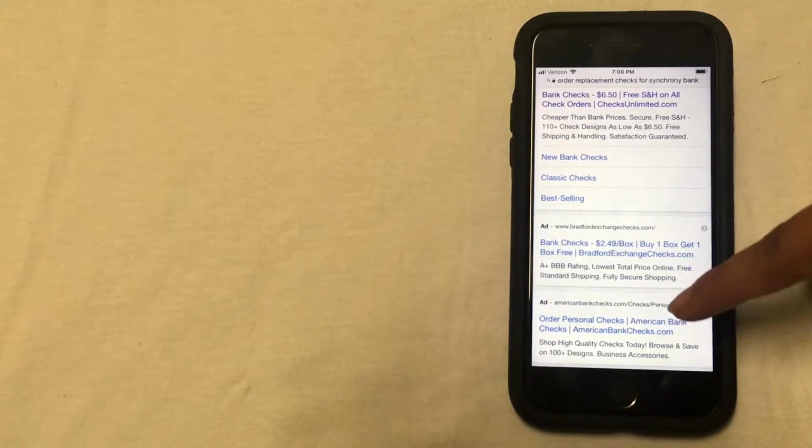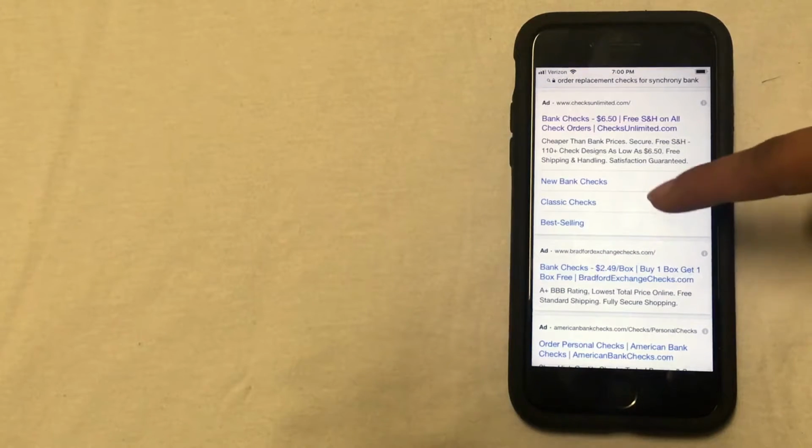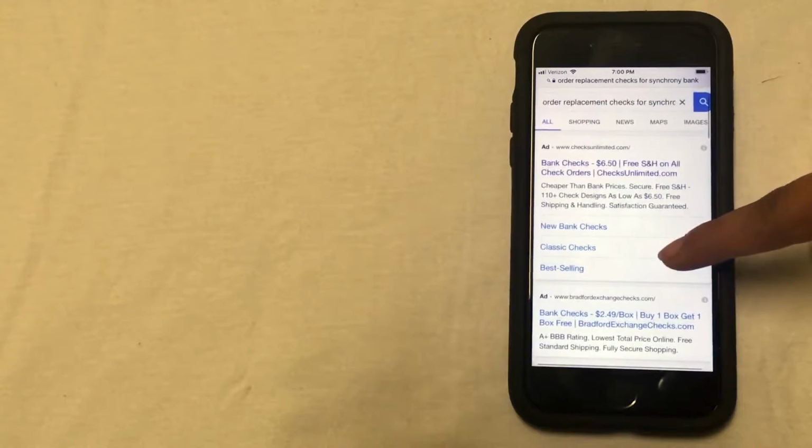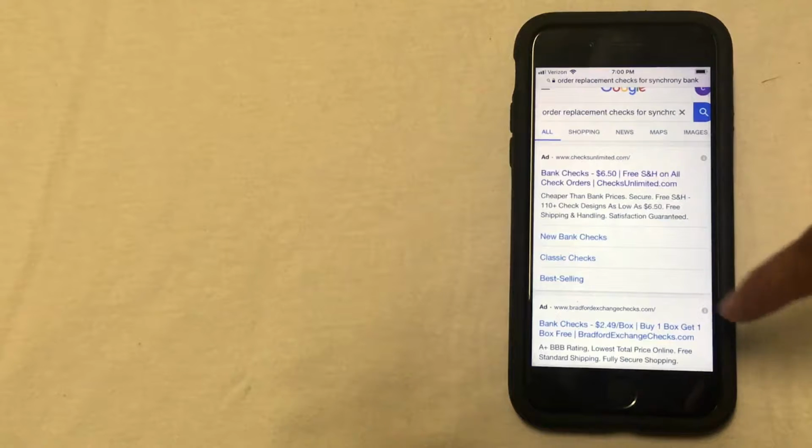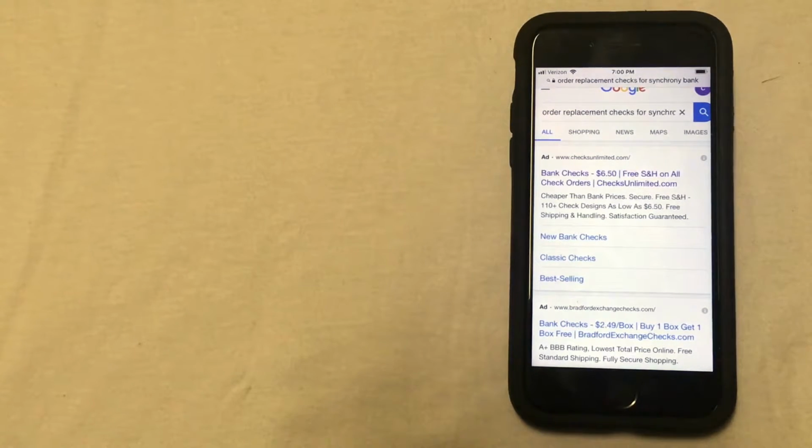American Bank Checks, BradfordExchangeChecks.com, Checks Unlimited are just a few examples of pretty popular websites that you can order from. Do be aware that prices and security features will vary when ordering online through a third-party vendor,